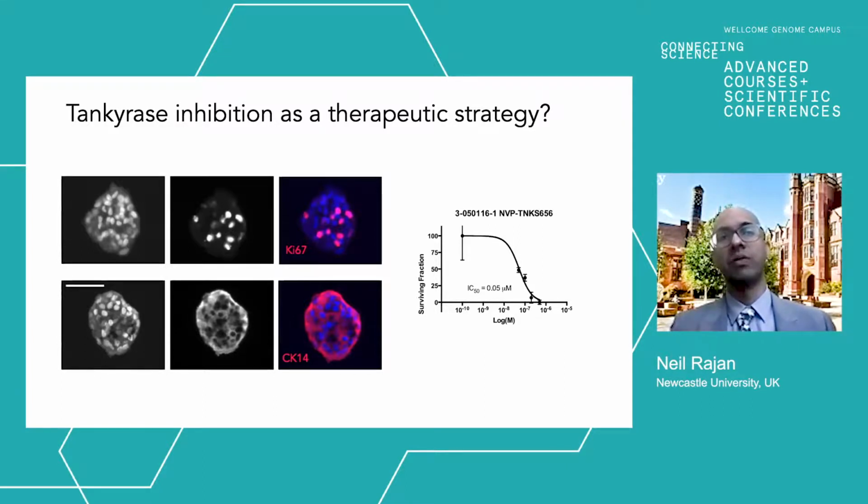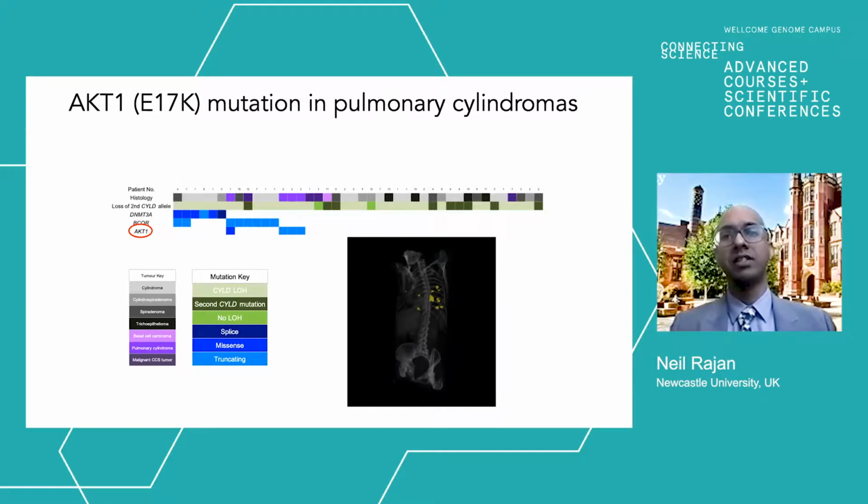And as we're going forward, molecules that are being developed in other cancers, such as colorectal cancer, could be applied in these tumors. And we are testing some of these in tumor spheroids. Now, I mentioned the lung tumors previously, and these tumors had a mutation in a gene called AKT1. Now, the particular mutation they had was not present in any of the skin tumors, and also was a treatable mutation. And so this is something which we're currently pursuing by trying to treat our patients with pulmonary cylindromas with